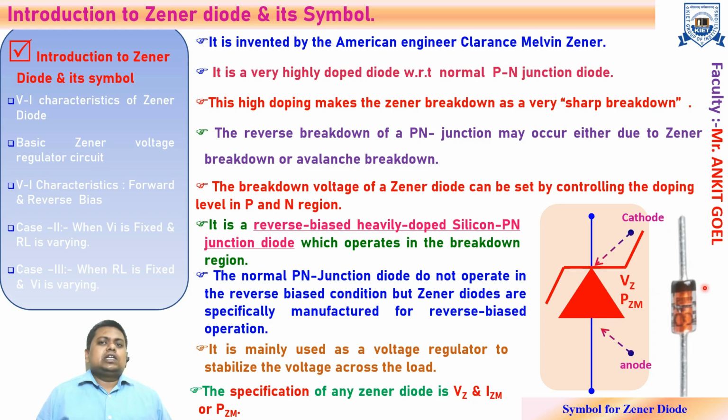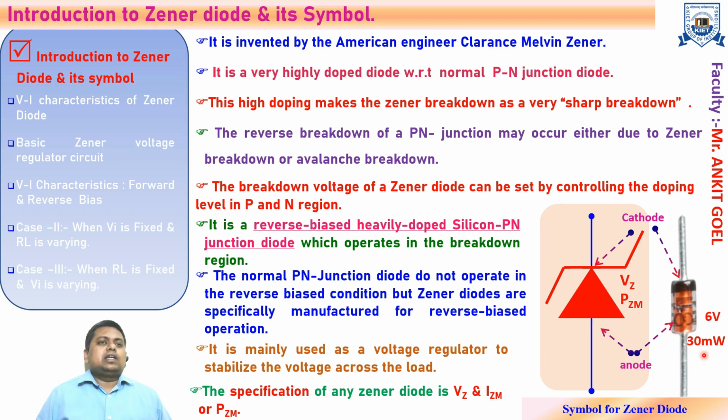Now this is how the Zener diode actually looks, in which this is the cathode terminal and this is the anode terminal, and this is the specification. For example, 6 volt 30 milliwatt is telling me that this Zener diode has the Zener voltage of 6 volt and maximum power dissipation across this Zener diode is 30 milliwatt, right?